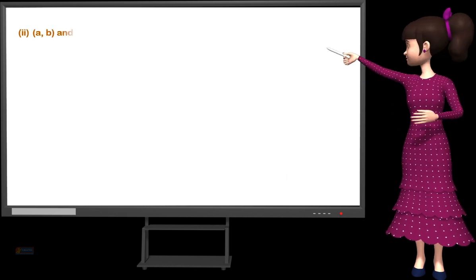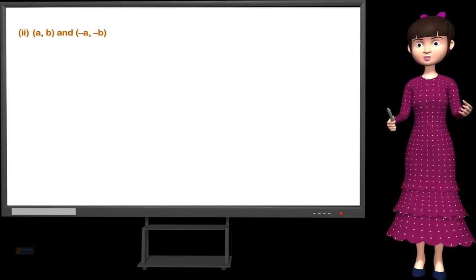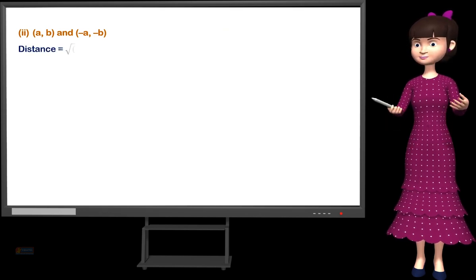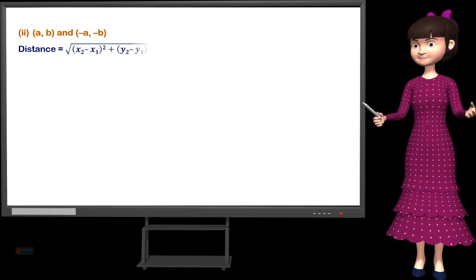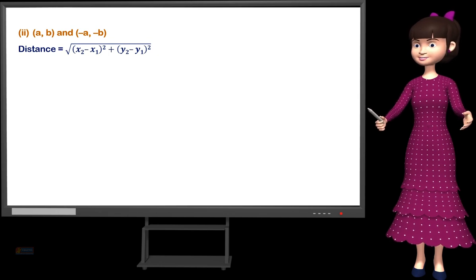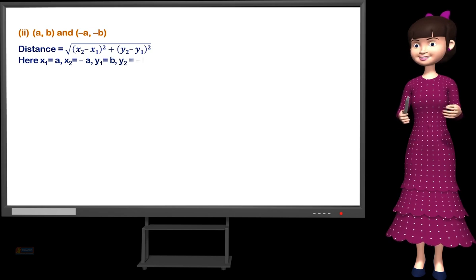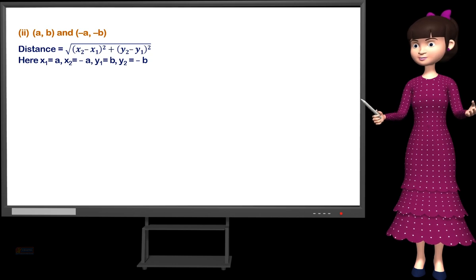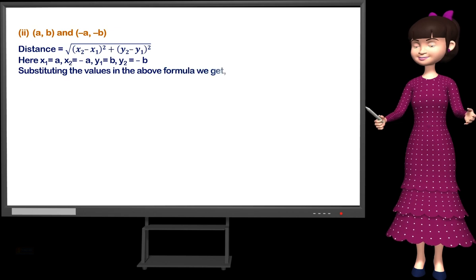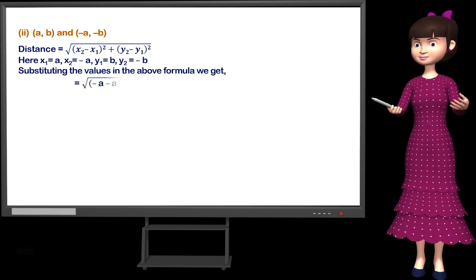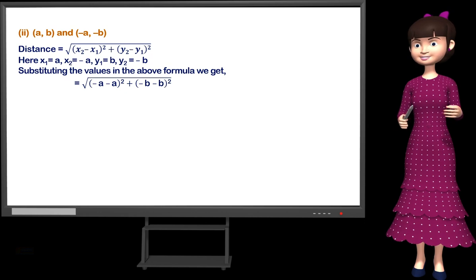Now let us solve the second one, that is a, b and -a, -b. Using the distance formula, that is under root x2 minus x1 whole square plus y2 minus y1 whole square. Here x1 is equal to a, x2 is equal to minus a, y1 is equal to b and y2 is equal to minus b. Substituting the values in the above formula, we get under root minus a whole square plus